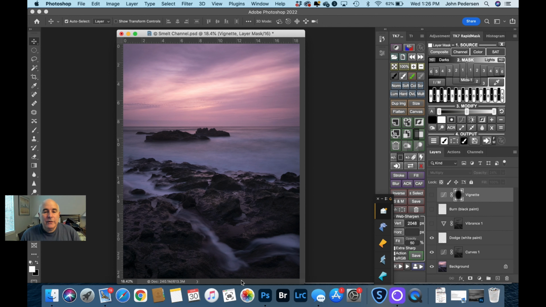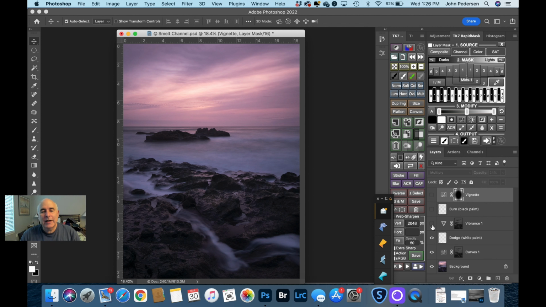So after doing the mid-tone contrast, a little bit of dodge and burn, I started looking at some of the colors, knowing that there's some vibrance that I'm leaving on the table here. The sky was a lot more vibrant than what I saw in my file. And so I went in and I did